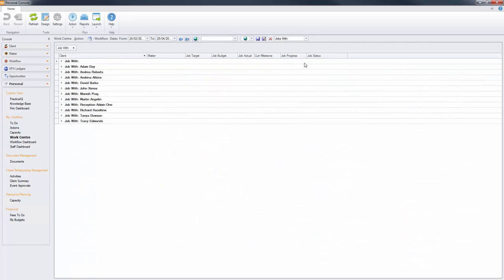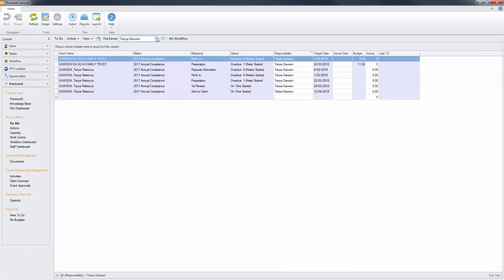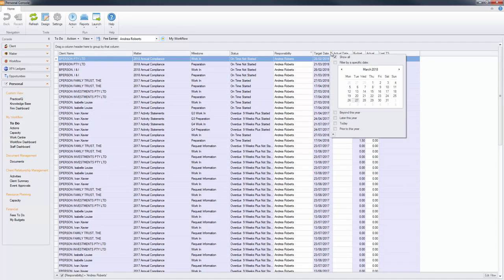So we had a look at jobs with, and we can see here the global view, or we can filter that, as I said before, for the particular person. So essentially what you could have here is a replacement of the to-do list. If we look at Andrea's to-do list,